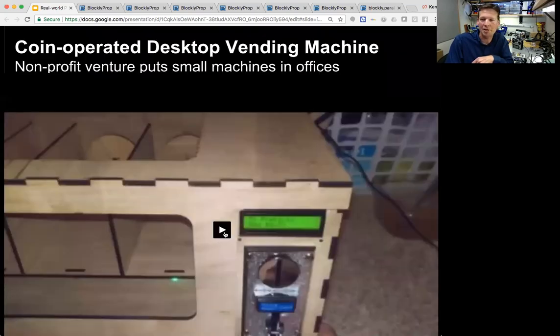How about if we just jump into the first project here, and we'll just go over the project, and then we'll look at the code and a pictorial about how it works. So I'm going to start this video, and the audio on this is off, so I'll just tell you about it. Before I start it, this is a coin-operated desktop vending machine prototype, and this is intended for fundraising projects